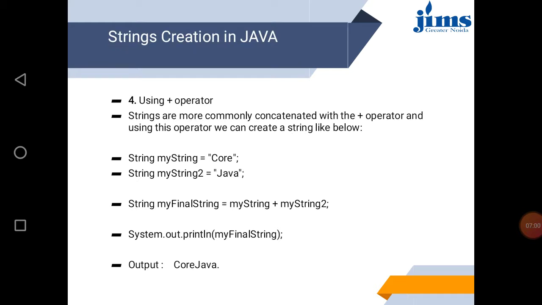Fourth way is using plus operator. Suppose there is one object core and addressed by my string reference variable. Similarly there is my string2. Now you can create any string, say final string equal my string plus my string2. So these two reference variables will concatenate two objects and will create a new object, and new object will be